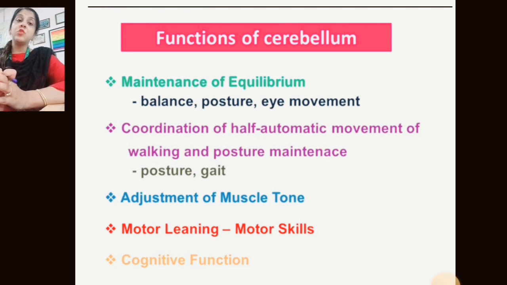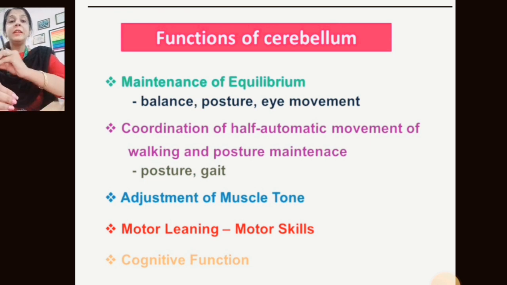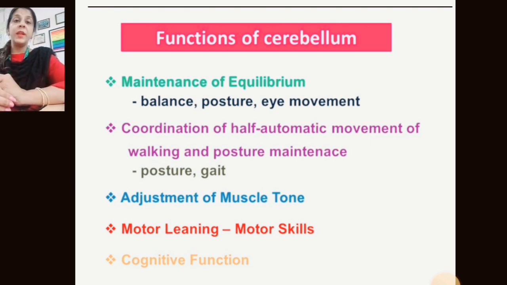The walking pattern becomes hampered. Maintenance of equilibrium is possible only when the cerebellum does accurate programming. If our task is to pick a glass from the table, in our brain we have so many engrams. Based upon those engrams, the cerebellum must first prepare the brain for how we pick that glass from the table.